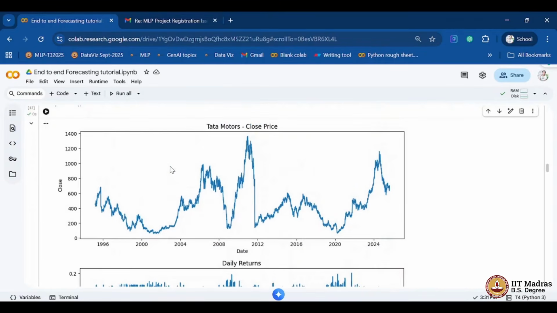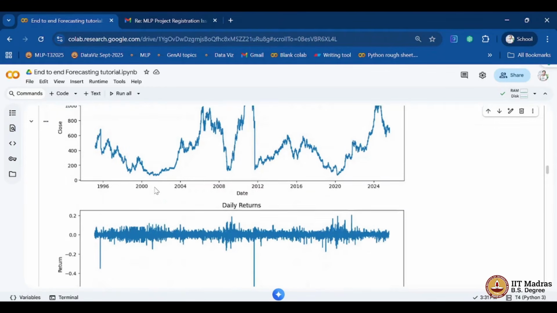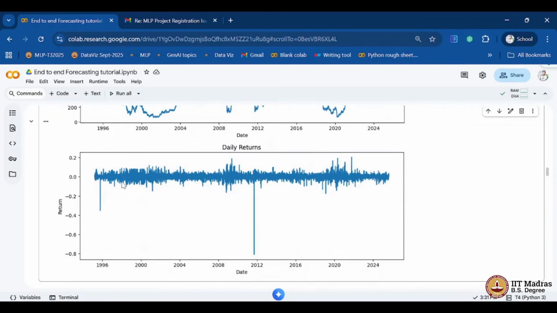So here, if you see the variation of this data, it is the variation of this price from 1995 till 2025. You can see it is fluctuating a lot, right? So we got a shape like this, and then if you see the daily returns, which is nothing but